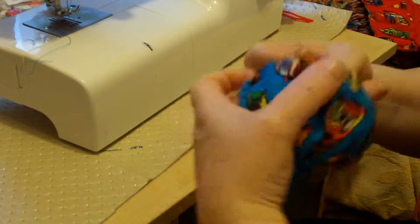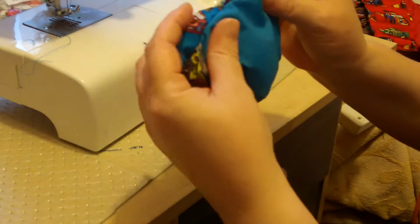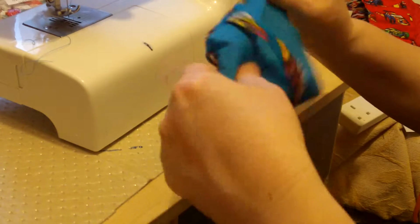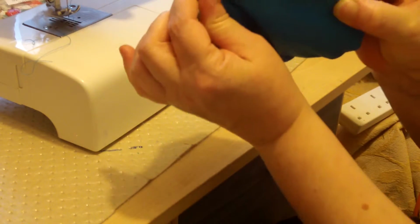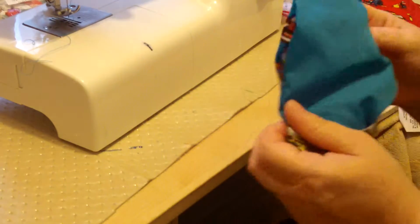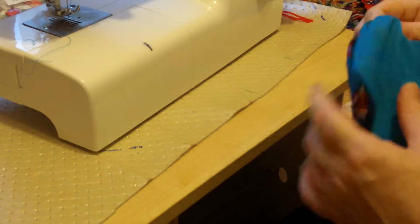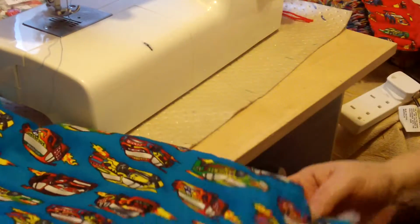I won't do that now, but I will show you what I mean. This is why I put it on the straight. If it was on a corner I would have to reshape the corner, but as it's on the straight part I can literally just push my fingers in and then I've got a nice straight edge, and then I'll sew over the top of that. But what I will do is I will sew over the top of that as part of the sewing of the garment. So the next job for me is I have to straighten out all my bits of material,